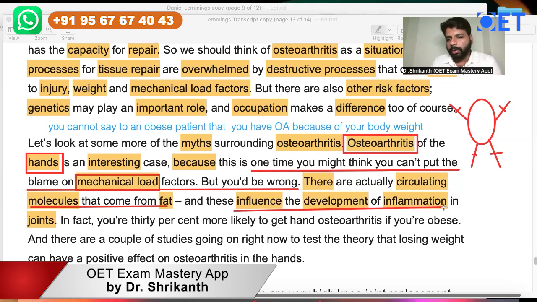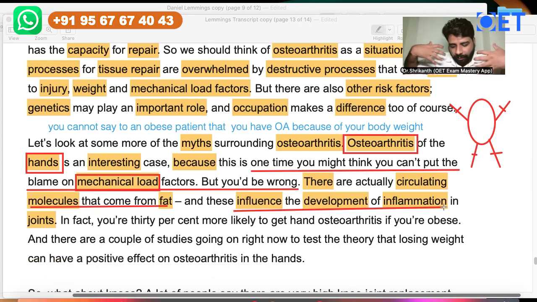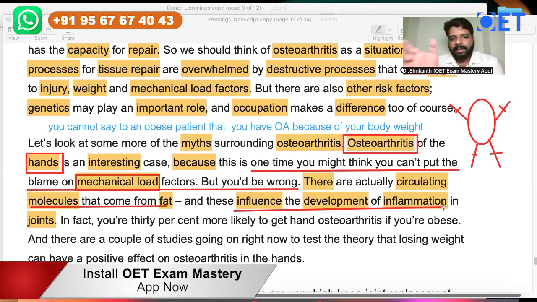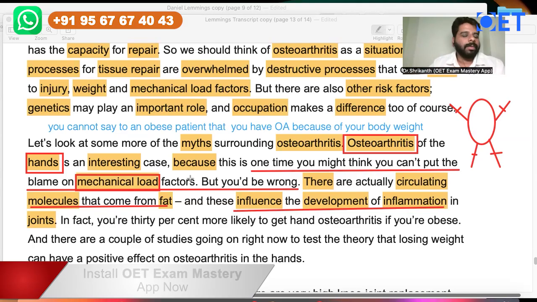Okay, so these molecules actually cause inflammation. Even if the patient is not having mechanical load over here, the fat releases some molecules, and these molecules result in the inflammation of the joints. So the patient will develop osteoarthritis of the hands. So he is saying,